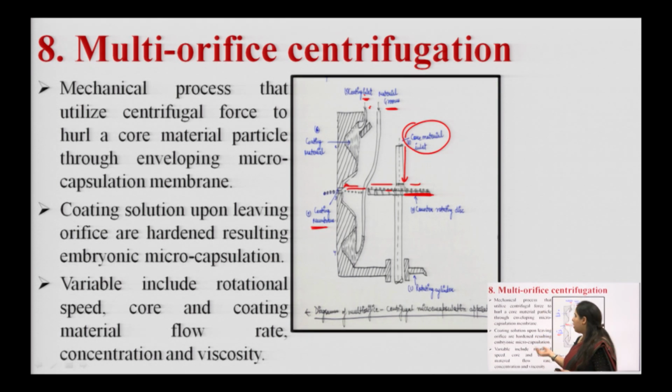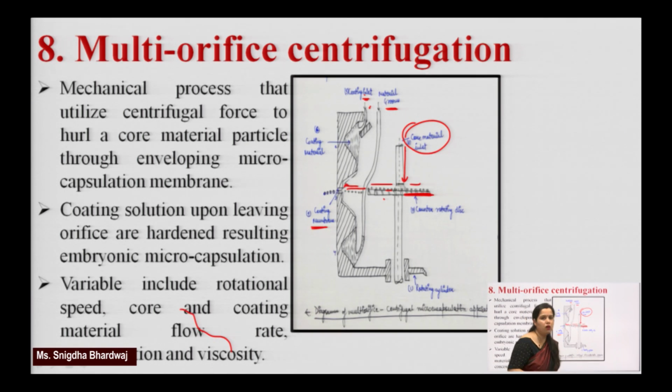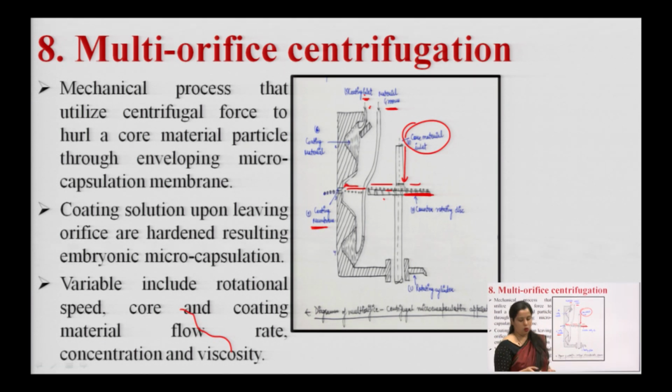So, these are the various factors and the various types of preparations which we use to prepare microcapsules. This is basically a mechanical process using centrifugal force. Centrifugal force means this tray is continuously rotating at high speed, onto which the core material is sprayed, and it leads to the formation of your microspheres. So, this is how we use different types of formulation methods to prepare microspheres, and I hope you understand